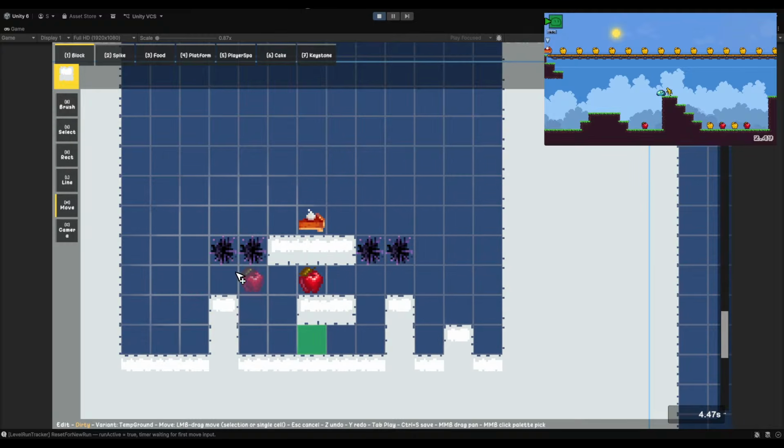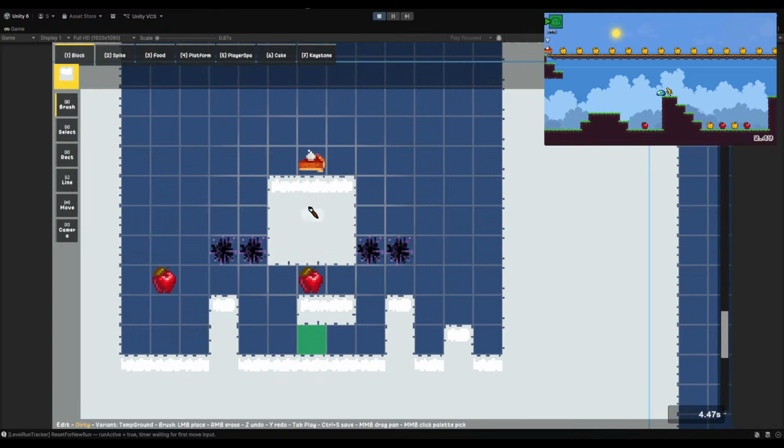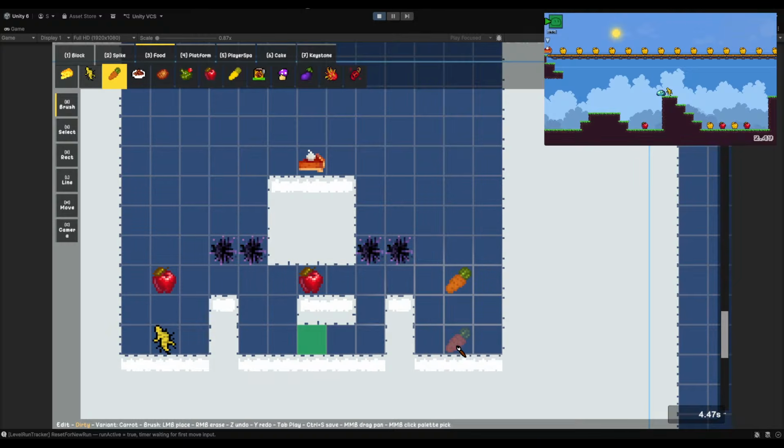I mean, we could do something fancy. Maybe cake is like all the way up there. Could put like ginseng here. Carrot. No, double carrot wins the level. Well, not quite.